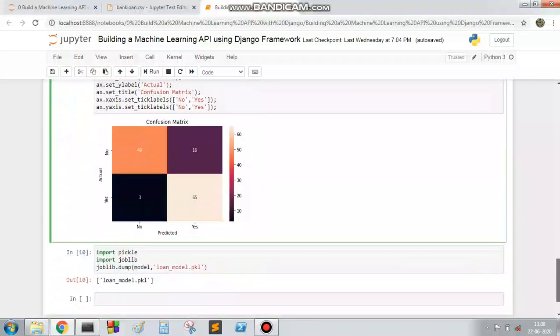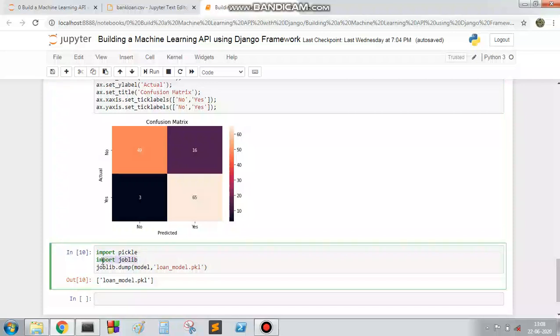After confirmation of the model, we need to persist the model for future reference. For that we are importing joblib, and the joblib.dump function helps to convert our model to the pickle format.